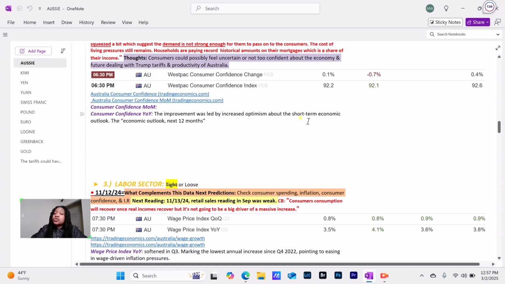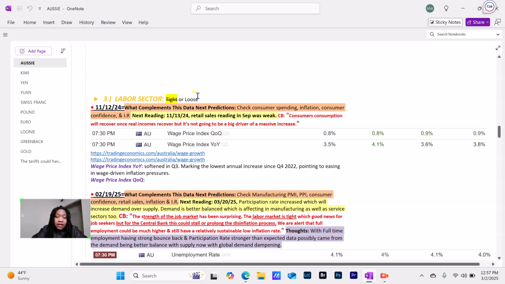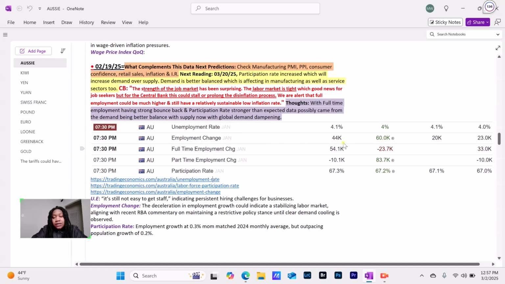One of the articles said that the improvement was led by an increased optimism about the short-term economic outlook. But when they say the economic outlook, they talk about the next 12 months. Keep that in mind. So we'll be monitoring that. Coming down to the labor sector. Unemployment, they said it's pretty strong in the Australian economy. That is the only thing that's keeping Australia up. But at the same time, if